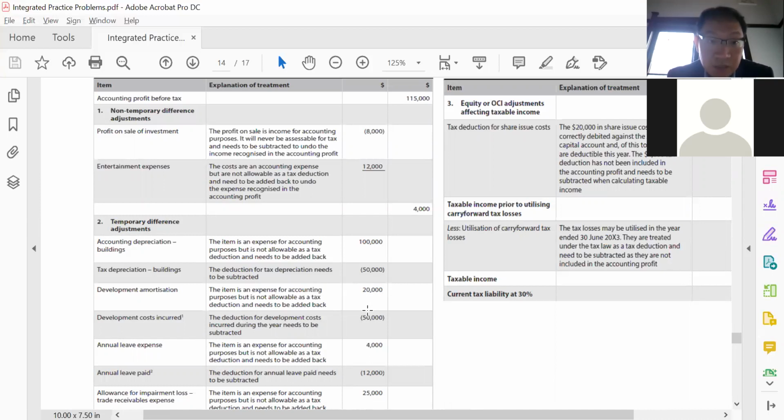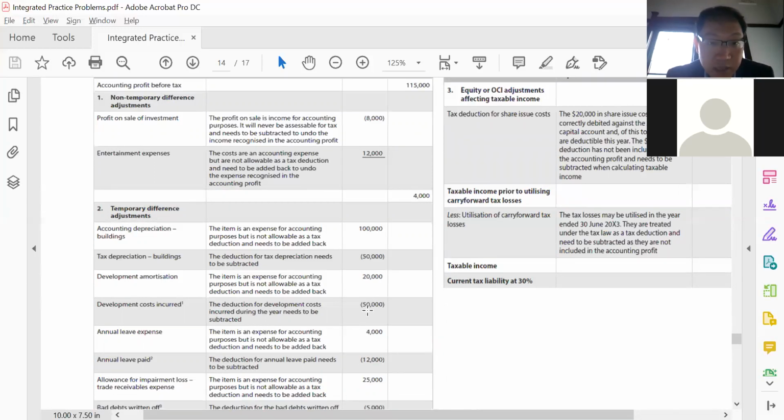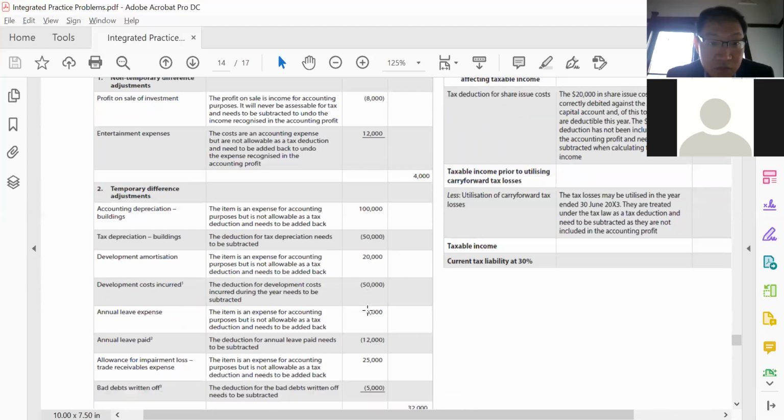Now we know, and this is again in the additional information, that all development expenditure is going to be fully deductible, okay? Most tax authorities actually allow and encourage companies to invest into development or research, which is why they give you quite generous rules for these deductions. In fact, in the current coronavirus situation, most countries have enhanced these tax deductions for companies that are willing to invest. So then we get into this annual leave